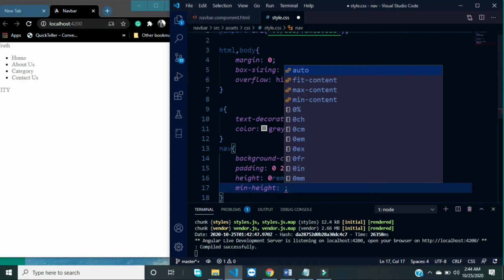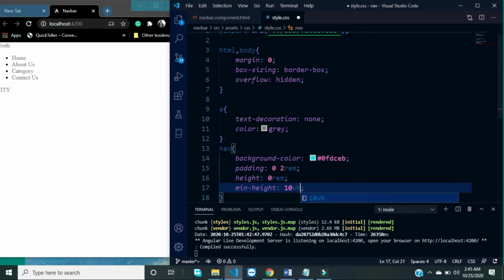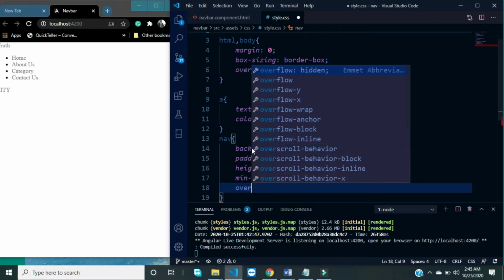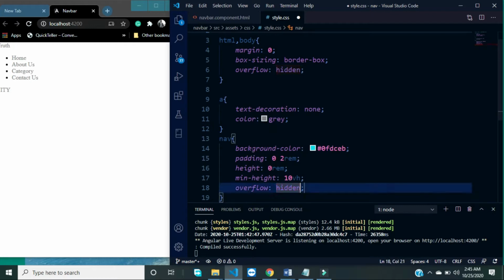Okay, so I'll give it 10vh for now. Overflow, so we are going to have overflow to be hidden, and